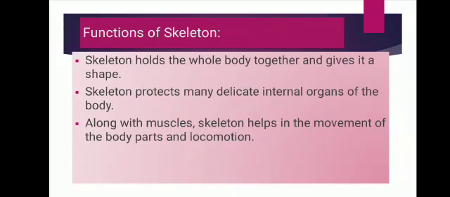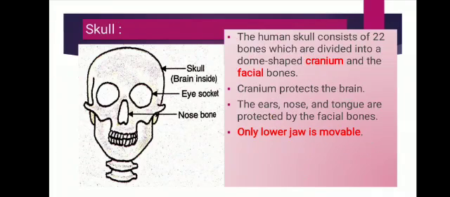Now we will describe some of the parts of the human skeleton. Let us start with the skull. Skull. The bony part of our head is called skull, and in Hindi it is called khopri or kapal. It is made of 22 bony plates joined together, and our brain is inside the skull at its upper part. Brain is made up of soft tissue which could be easily damaged without a hard covering. So basically skull protects the brain.